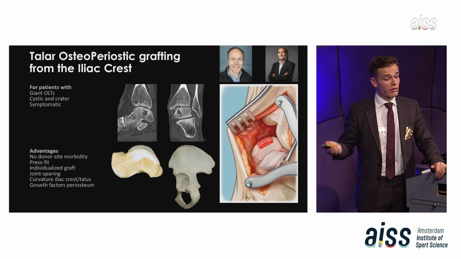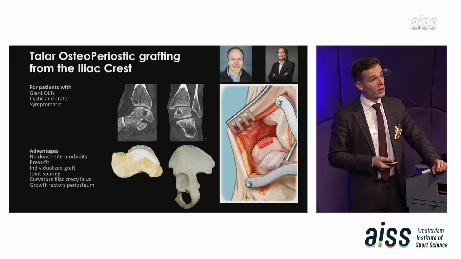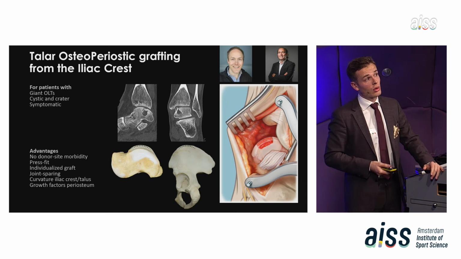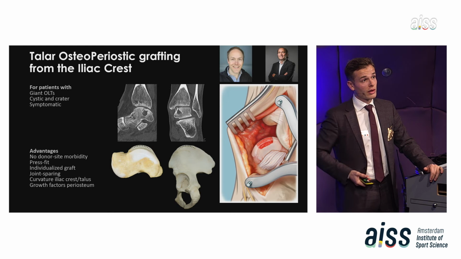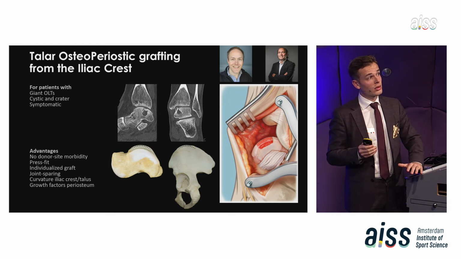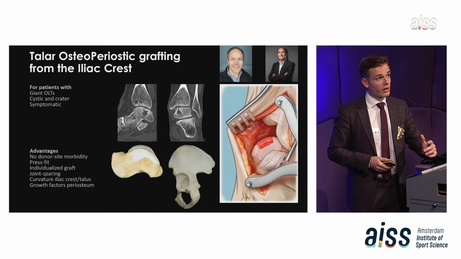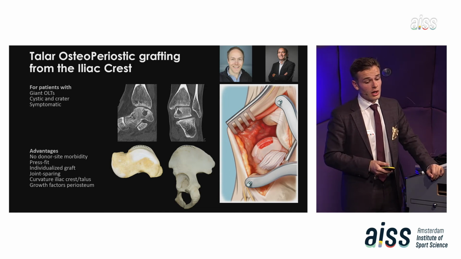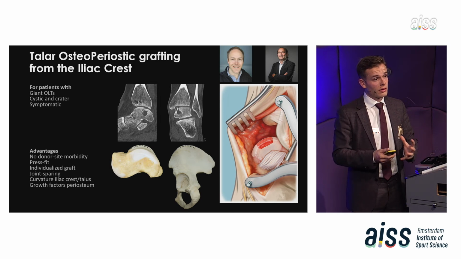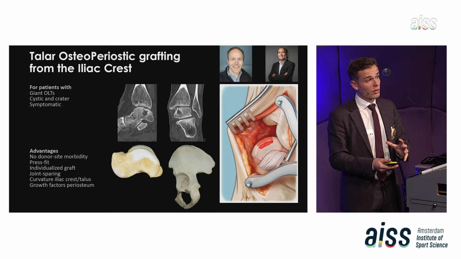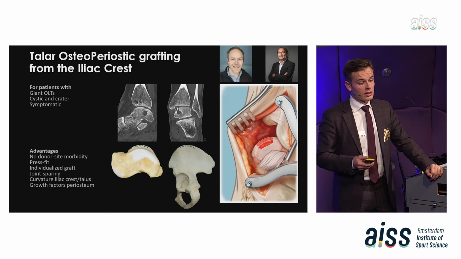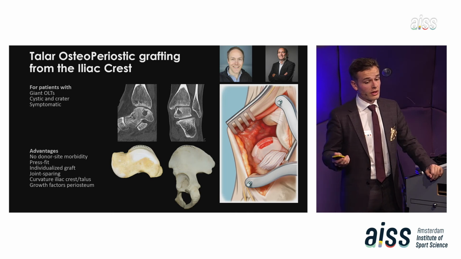The advantage of this therapy is that, as opposed to the osteochondral plug that has been taken from the knee, there is no or very little donor site morbidity. So patients rarely complain of pain at the iliac crest. You can put it into the ankle joint without any screws or any fixation, so you don't need any screws for the graft itself. It's press fit. You can adjust the graft as much as you want, and you can individualize it to the patient's ankle morphology, but also to the dimensions of the lesion that you take out. And in that sense, this has a number of advantages.